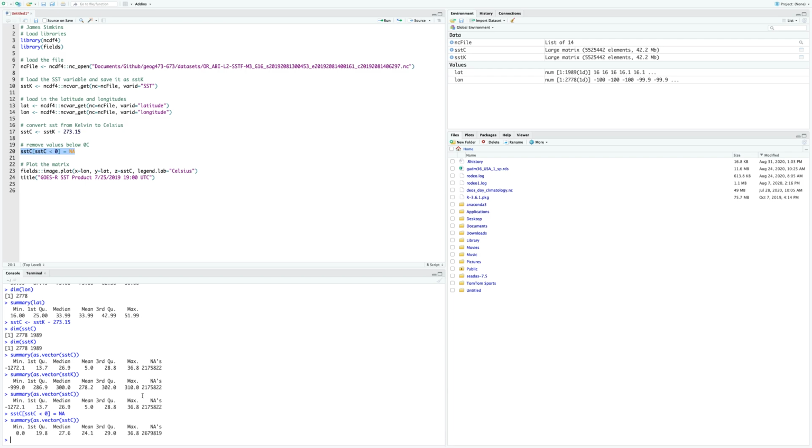Pop open the summary again. Look at the difference here in NAs. We added about 500,000 NA values, and we also look at our new minimum here, 0. So that's really what we're looking for. That's what we want. Now that our data is ready to go, we did some data manipulation, we need to